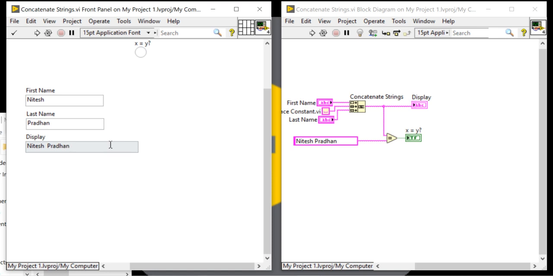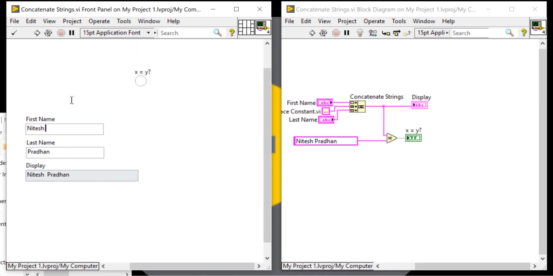We don't know how the user will behave. Each and every time we need to write a program properly. We need to think about how the user will behave and how the user will use it. If here I enter one more space, two spaces, and run the program, then the database name and my entered name are not the same.